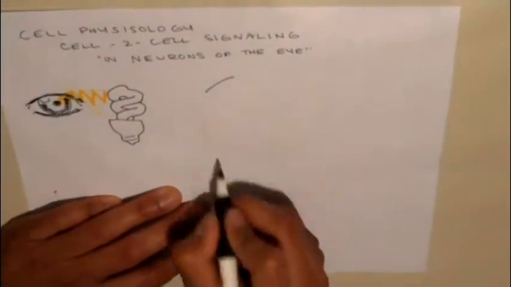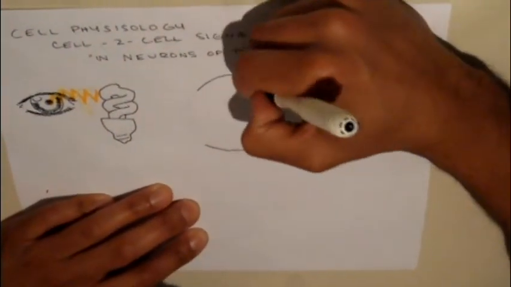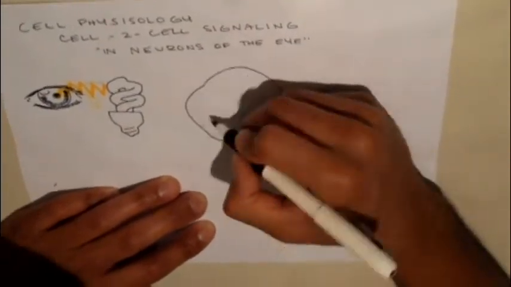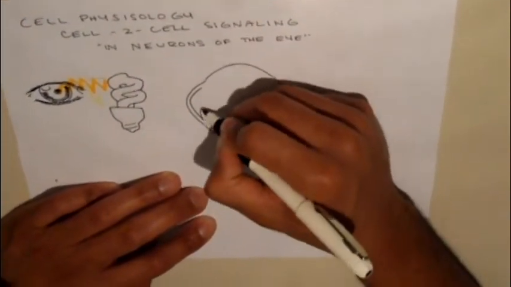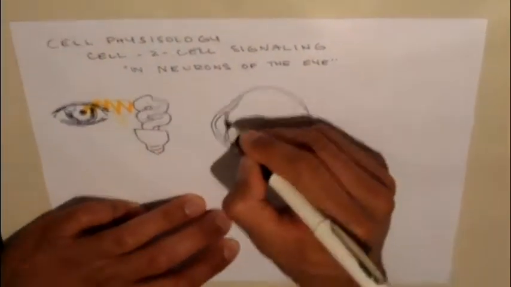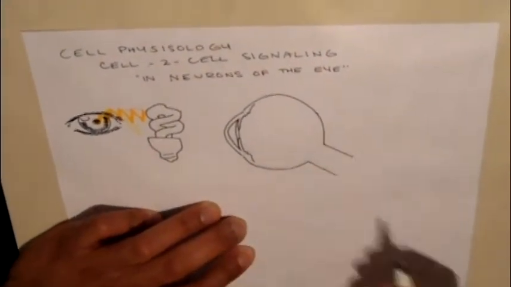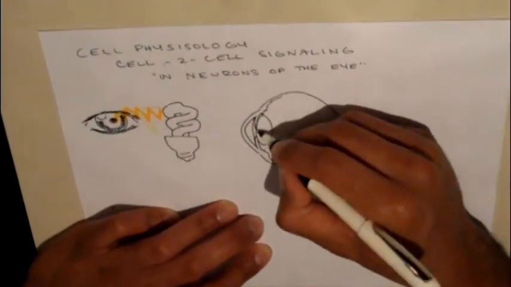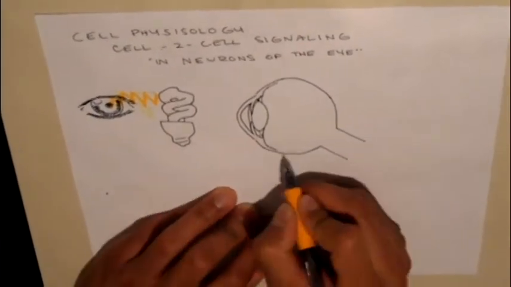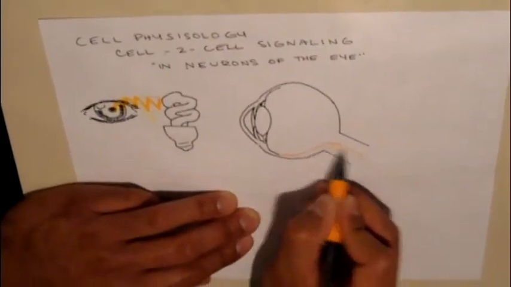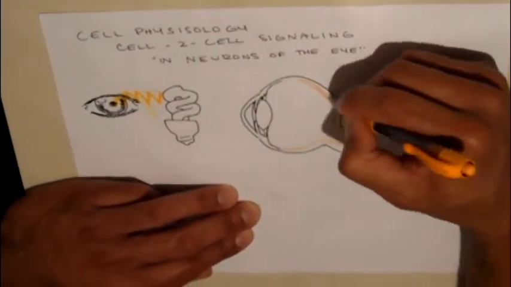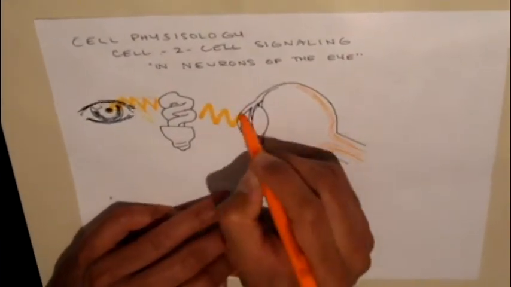There's a light going into your eye. And I'm going to give you a basic eye anatomy. You should already know this. First, we have the cornea, the iris, the lens, and you have the retina in the back. As light enters the eye through the cornea, through the iris, it's going to hit the back of the eye,